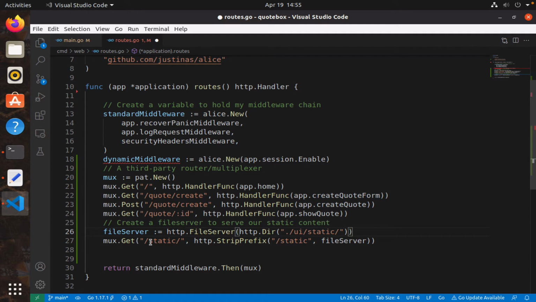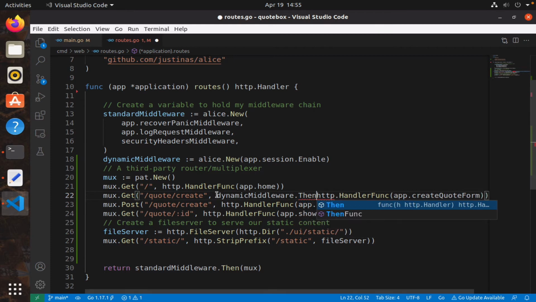Well, static won't need it, right? Because nothing changes. Create, we let create have it. So to do this, we will simply say dynamic middleware, so dynamic middleware, and then of course we will say ThenFunc,